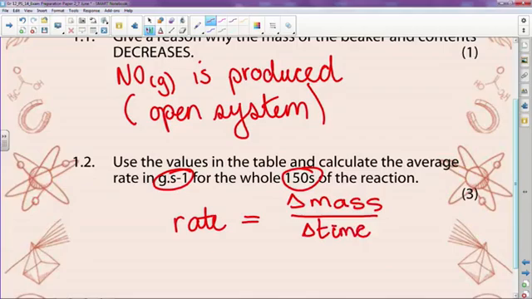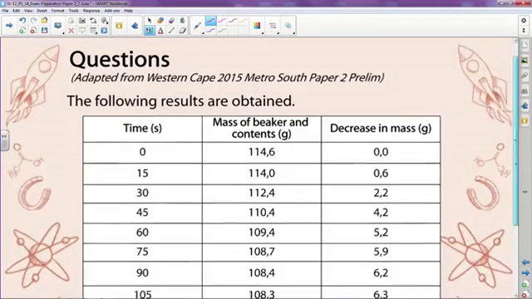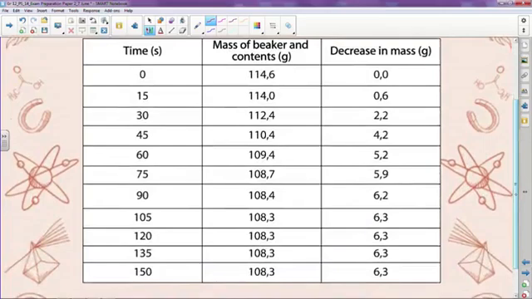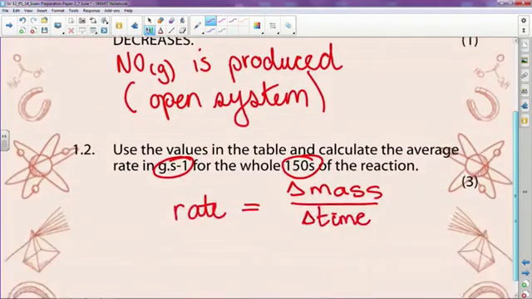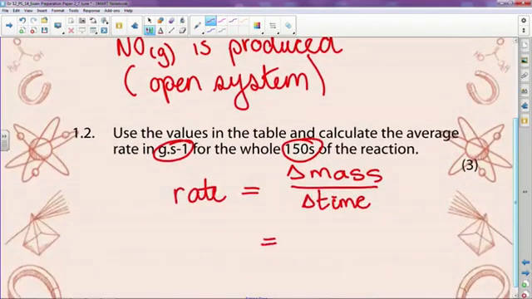All right, so now we go back to our table and we go, either I can do 114 minus 108,3, but why, when they told us that the decrease in mass was 6,3 grams? It's given to us already. It's actually a really simple question. We just sometimes get a little bent out of shape because it's something new. So we have 6,3. We're going to divide it by